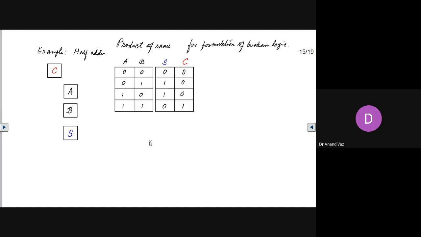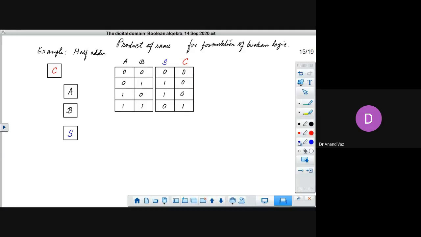Now, if we try to formulate the logic, we can do it using the fundamental products, the method of fundamental products. And if we do that, what are the fundamental products that we can have?